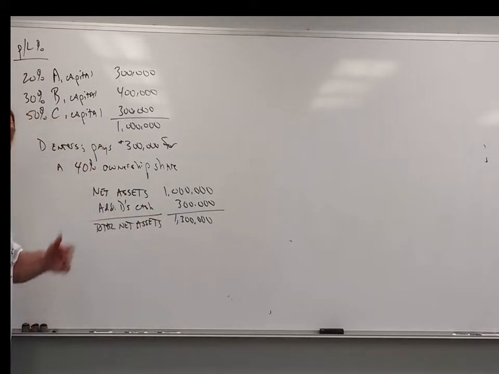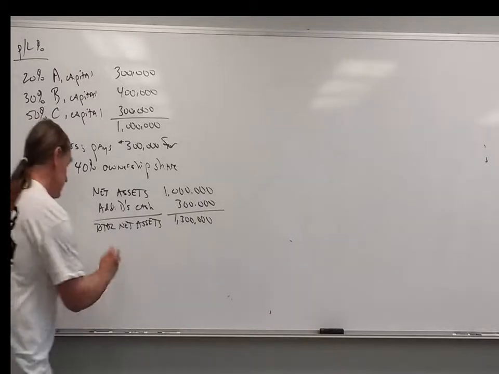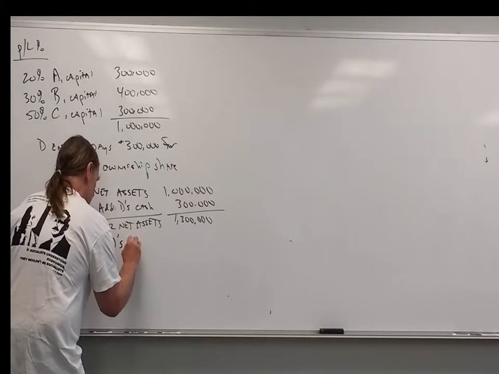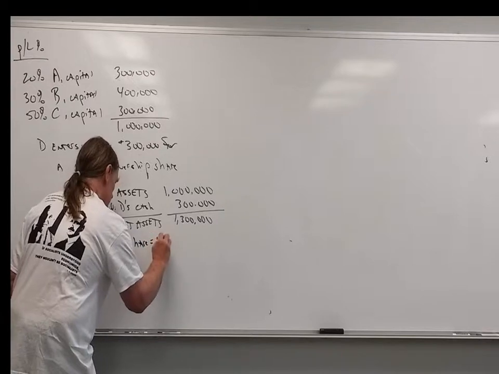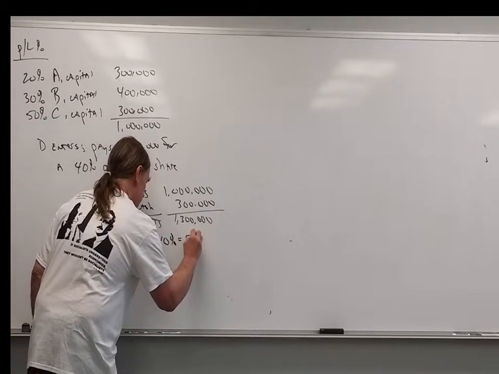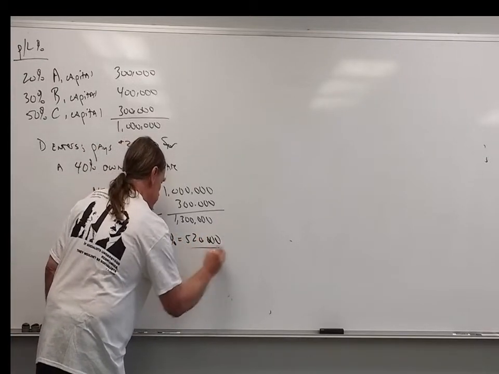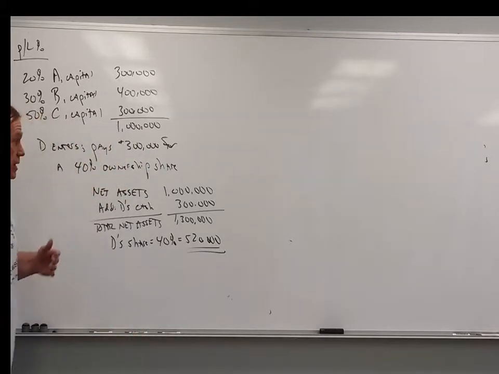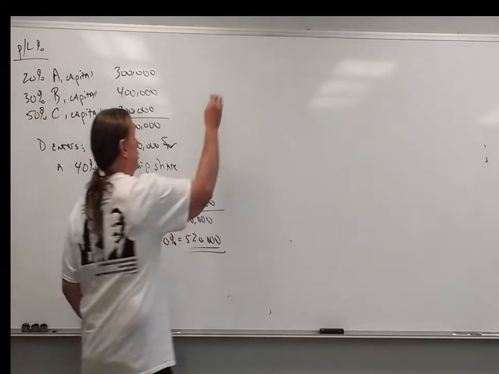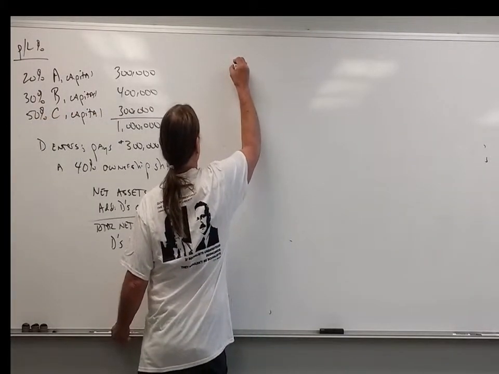D's share is going to be 40% of that, or $520,000. So D is getting in at a pretty sizable discount, paying $300,000 for $520,000 of capital. Okay, once we get to the conclusion that D is getting in at a discount,